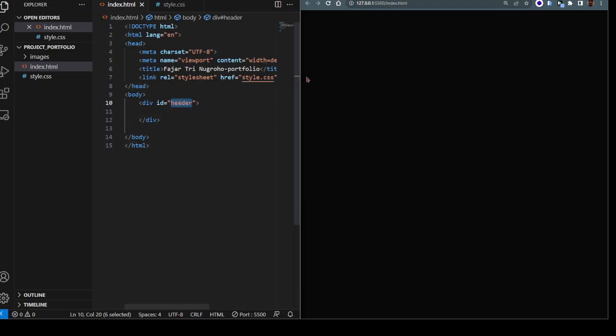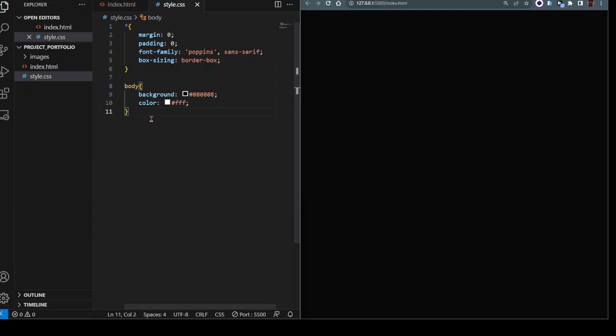So we are just changing this class or ID, so it will not affect everything in your HTML. That is basic knowledge in HTML. We use an ID or class to style, so we will not change everything around there. We change only what we want in the class. So we can copy,